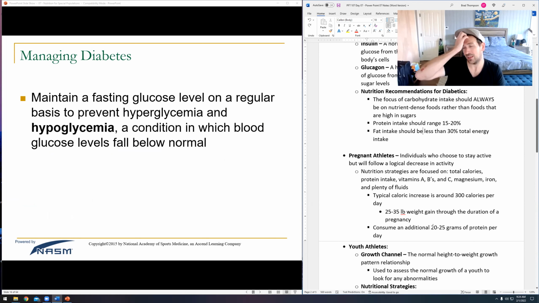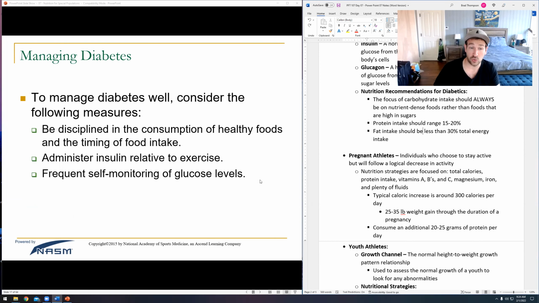And then with your diabetic clients, you do got to be a little cautious. Sometimes exercise, because it does rely on sugar as a fuel source, can burn sugar out of the blood. And if they are also taking a medication that removes sugar from the blood, your client can sometimes become hypoglycemic, where their blood sugar levels get too low.